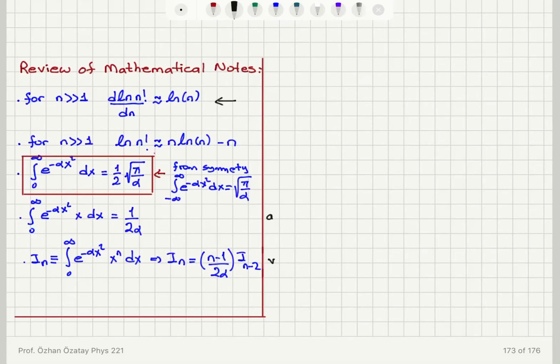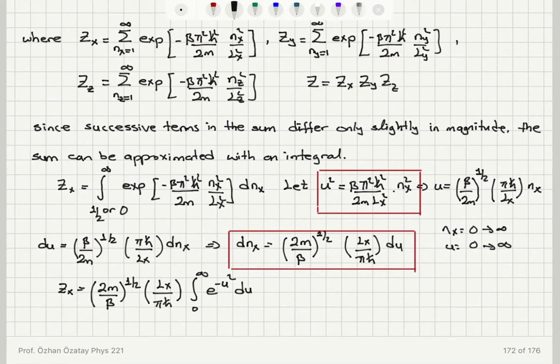So for alpha equal to 1, the answer is square root pi over 2. That's what I'm encountering here for this integral. Therefore, we find that Zx must be